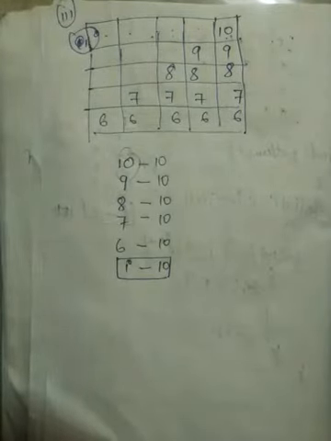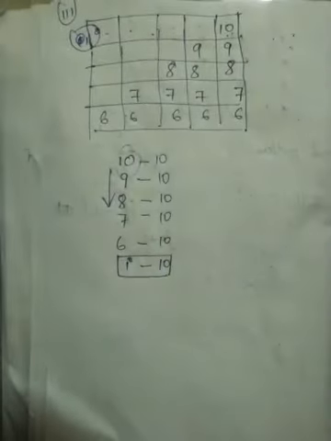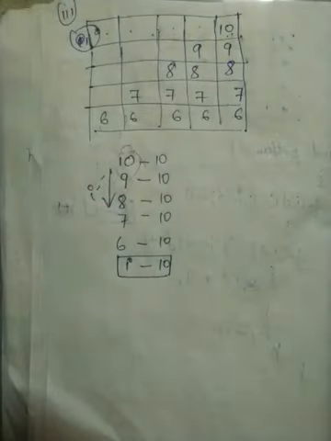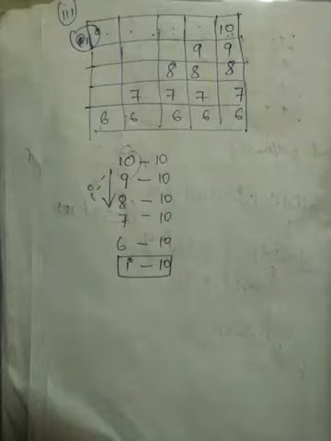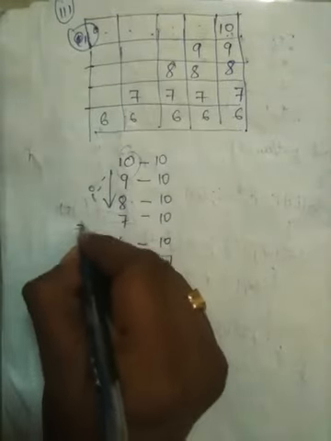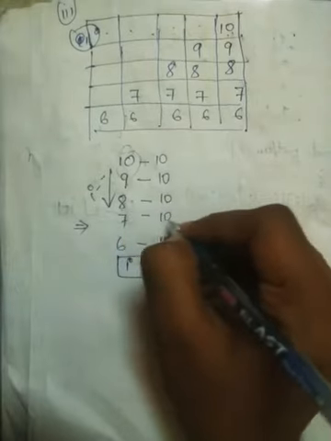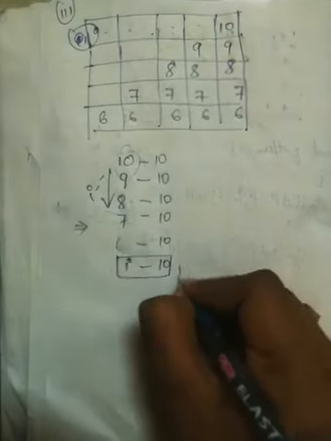Now what to do? I plus plus? We see this is the first column which is changing. This will be I minus minus because it is in decreasing order. Now j, from left towards right, you will see from 9 to 10, 8 to 10, 7 to 10. I have to go up, I have to increase only. So it will be j plus plus. The first table is clear.